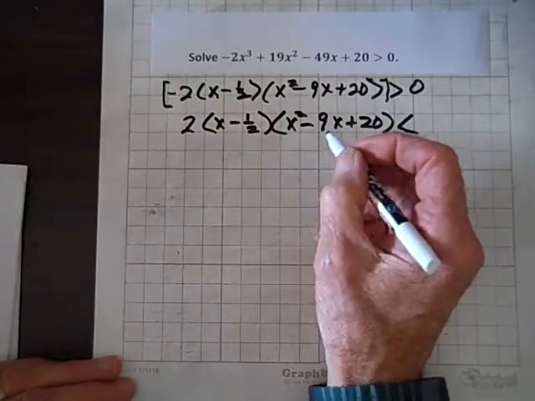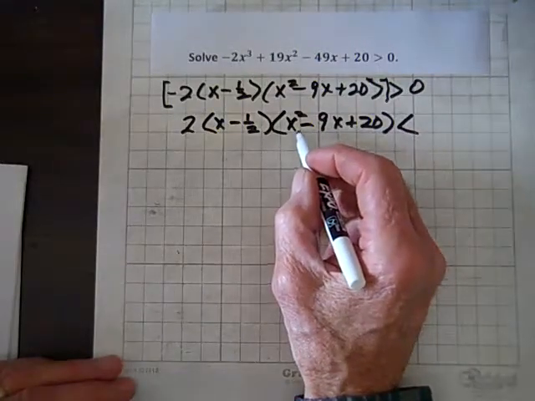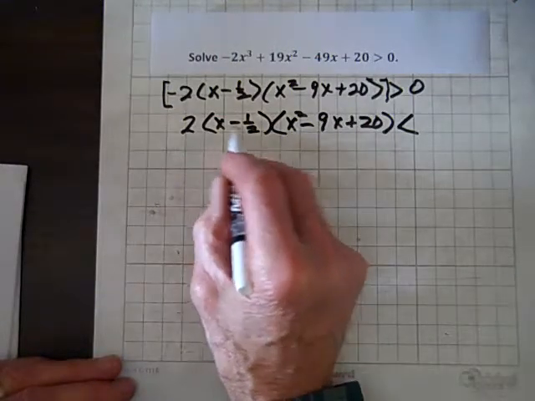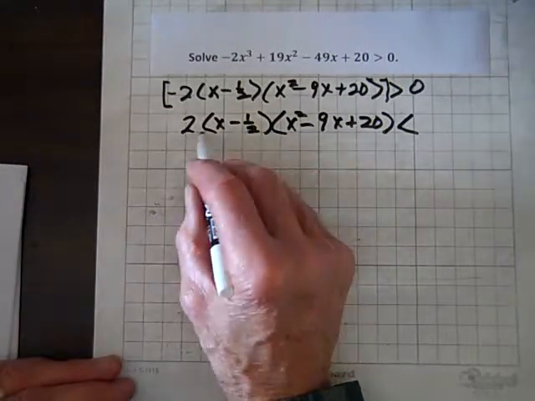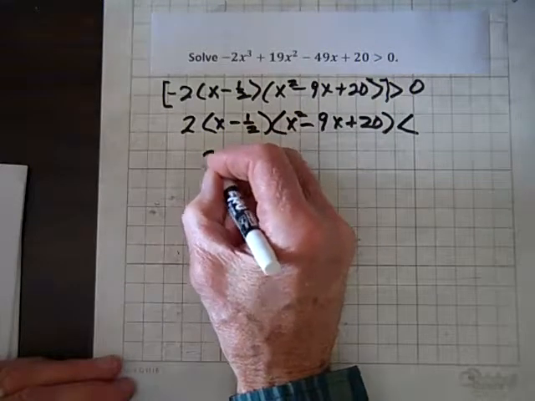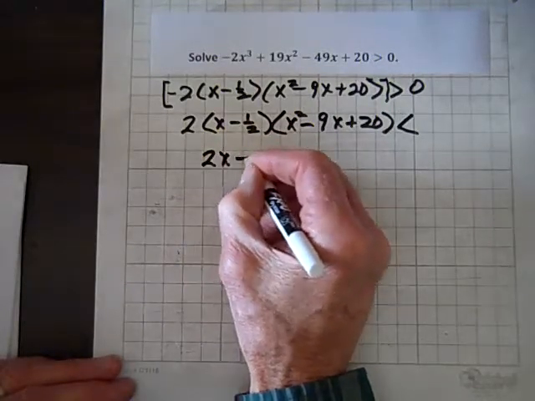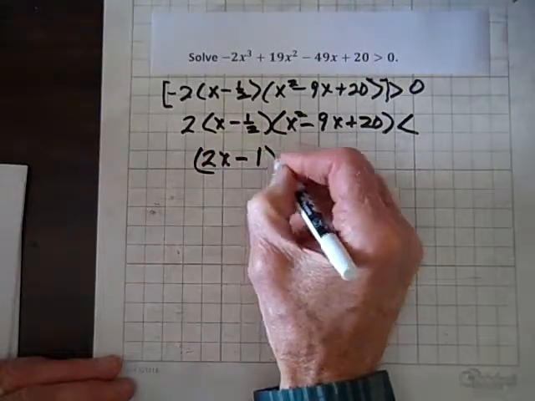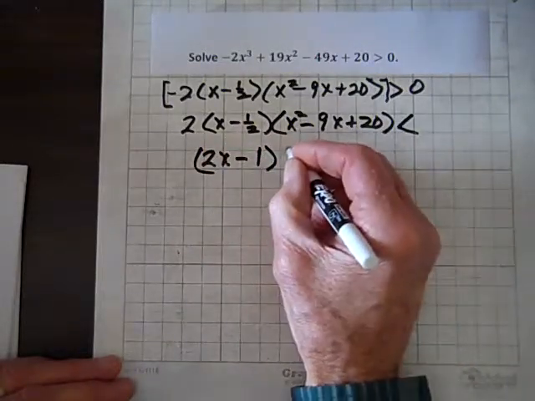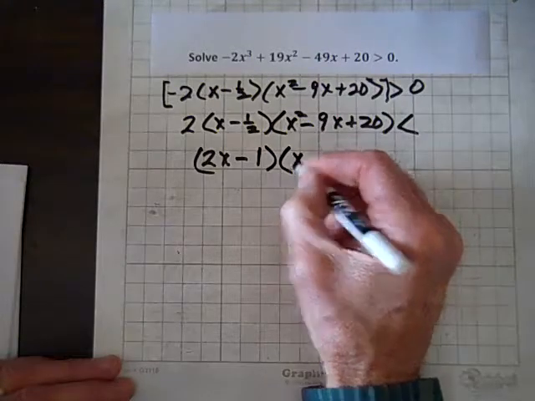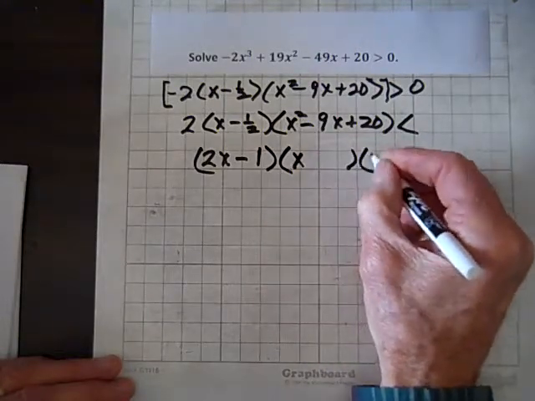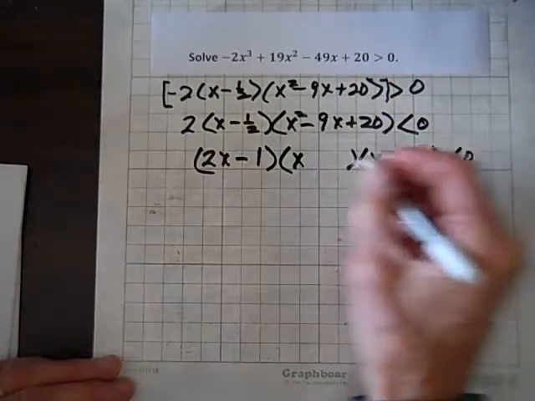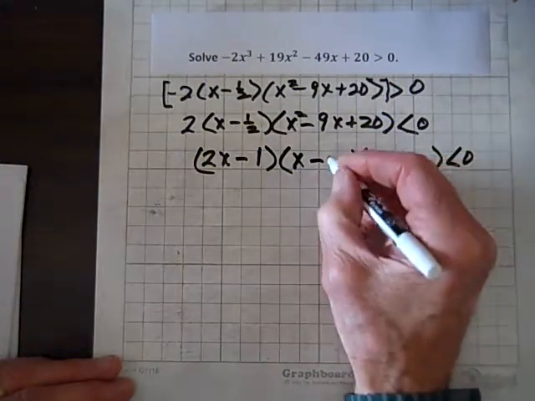Now it turns out we can take care of two pieces of business. We can distribute this 2. We'll multiply each term in here by that 2, so we get 2x, and 2 times 1/2 is 1. And this factors, so we get x and x and less than 0, a minus and a minus and a